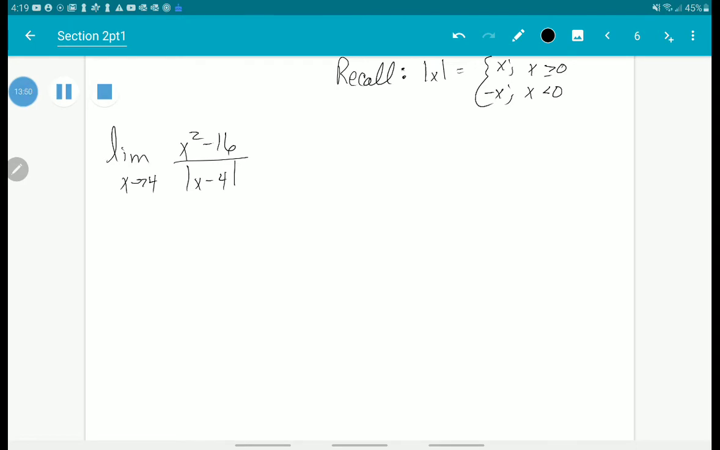Now, if we were to look at that transformation, x minus 4, all that does is shift that graph to the right 4 units, which means it's going to look like x minus 4 when x is greater than or equal to 4, but it's going to look like the negative of that when x is less than 4. So if we were to look at left-hand and right-hand limits,